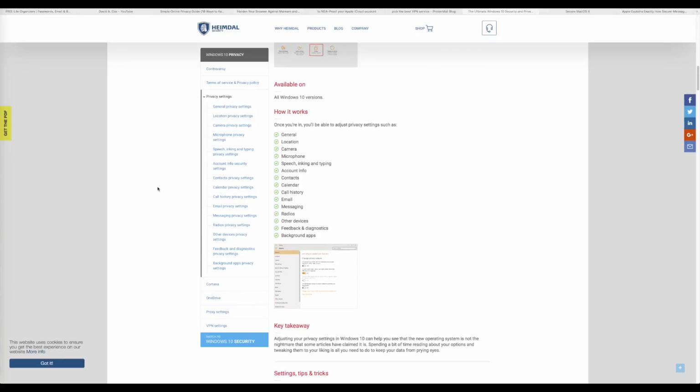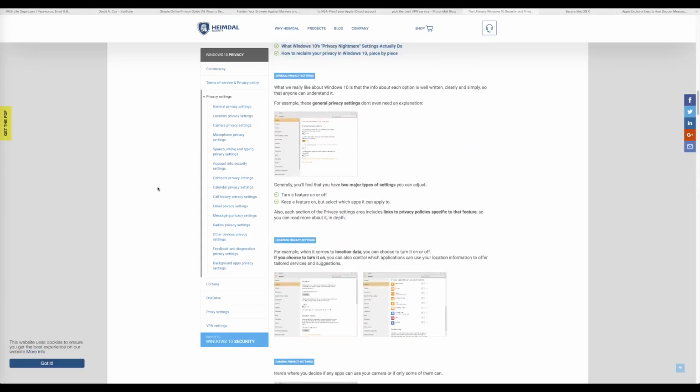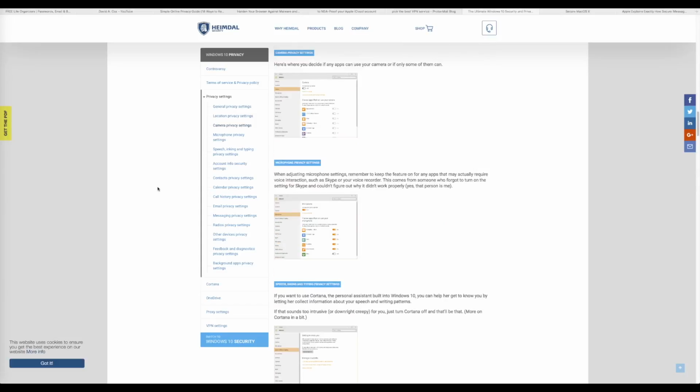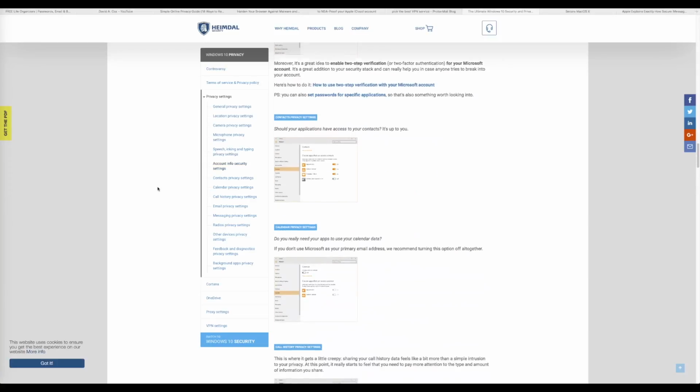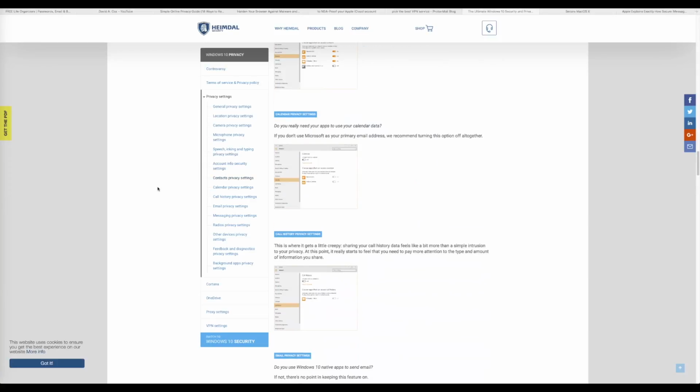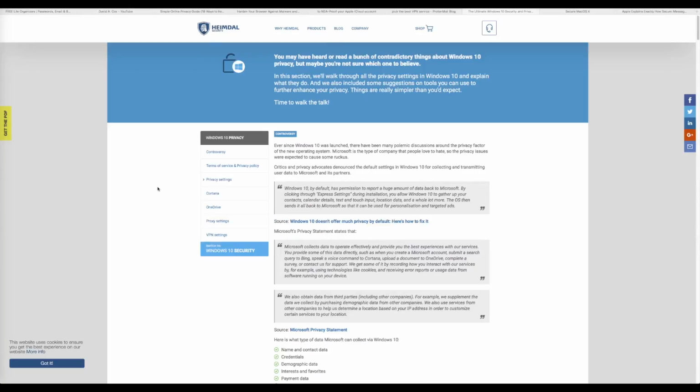But in order to do so on a more secure and more advanced level, you really have to go into other guides. But I thought that this was a really good guide, just to show you where these settings are, and it talks about what's being reported back, and ways to stop it. So check out that article; it's really good, and like I said, get to know the system that you're using.